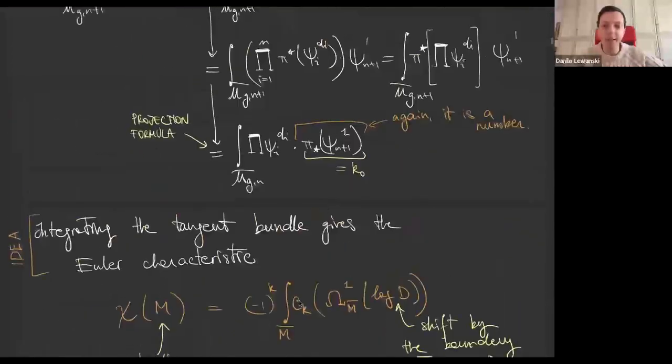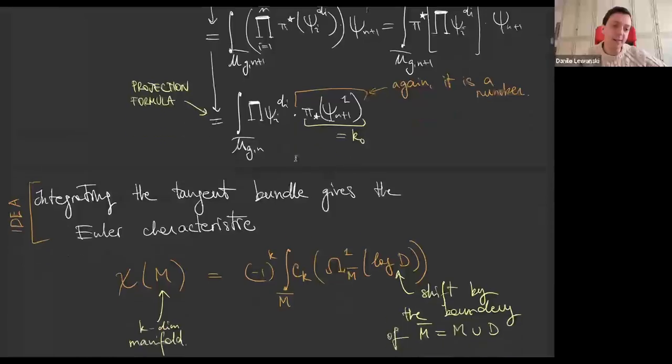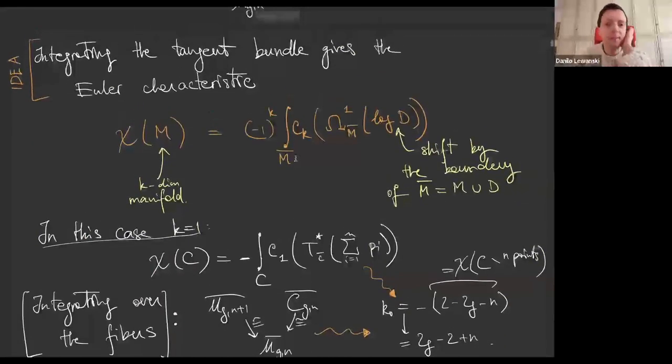What does kappa 0 mean? Okay, let us have a look. The idea is integrating the tangent bundle. Integrating the tangent bundle gives the Euler characteristic. If you're familiar with this principle, you would recognize the Gauss-Bonnet theorem. It tells you that if you have a k-dimensional manifold M and you want to compute its Euler characteristic, this will be, up to some sign that depends on the dimension,